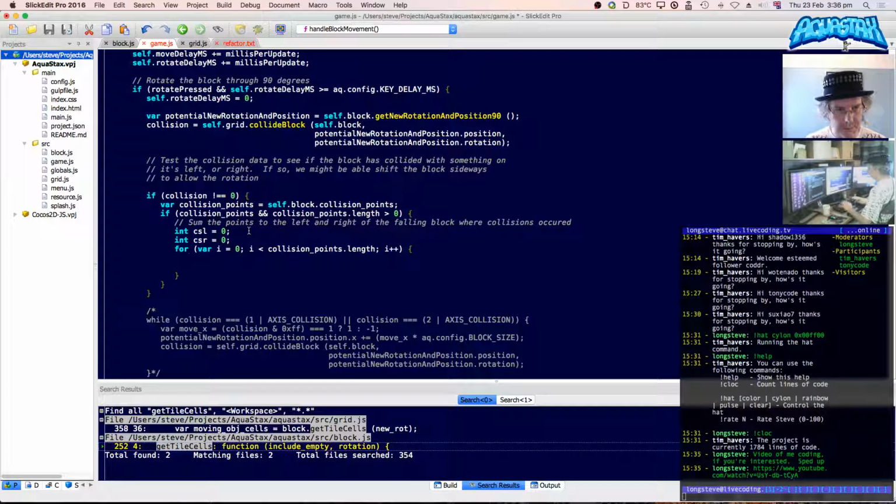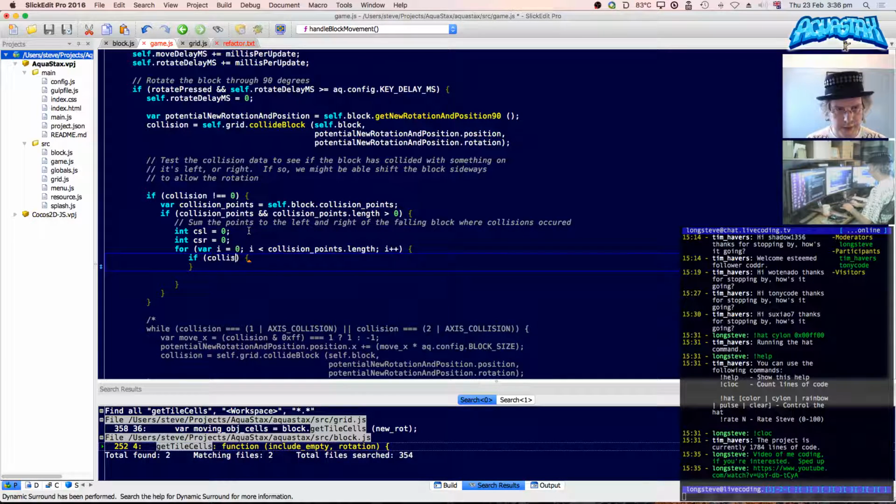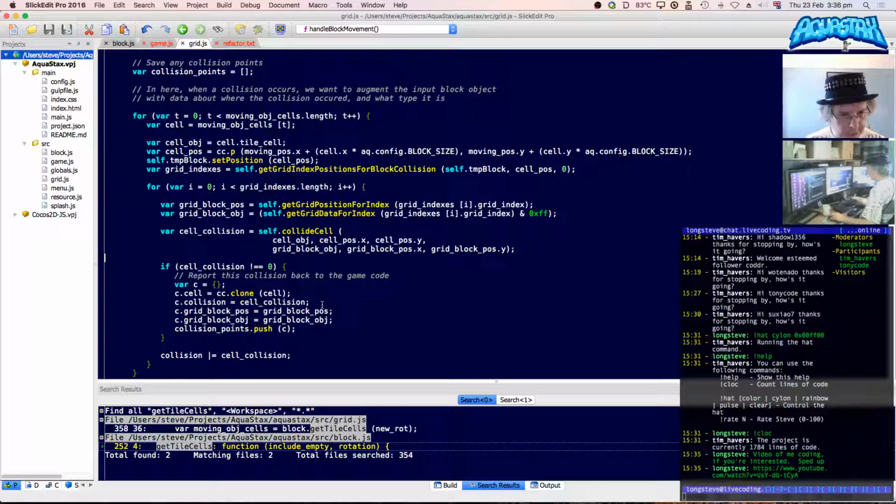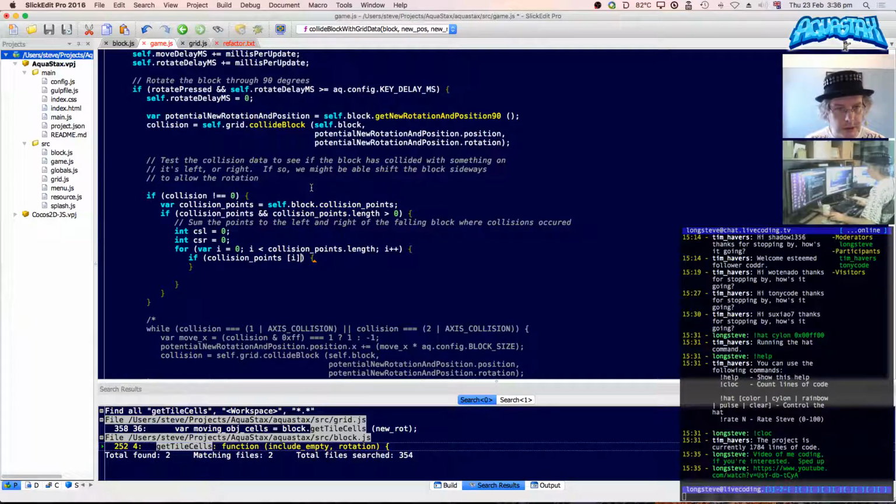Okay, so if collision points, there's those collision points again. What would we store inside this as an object? So what we want is collision point dot grid block pos. That's what I want, I think. Grid block pos. So it's a position, so it's going to be dot x.